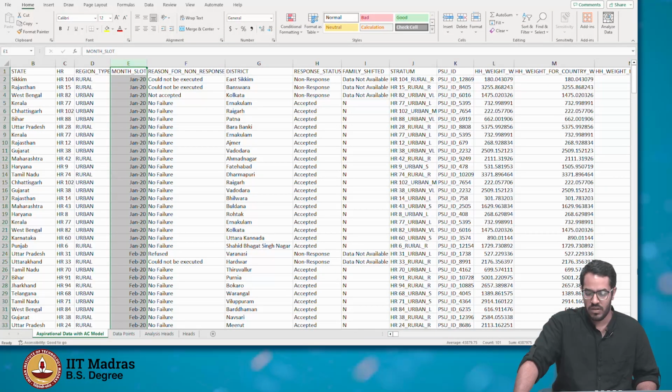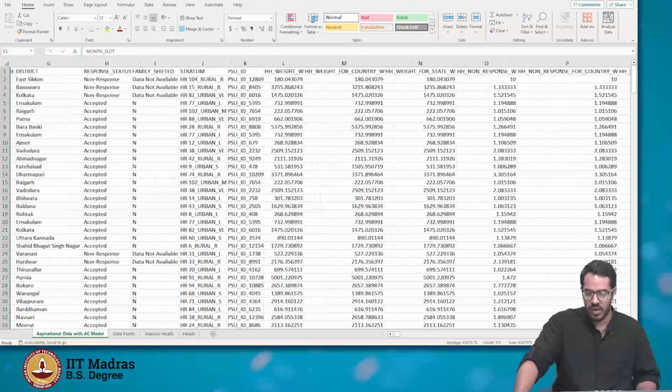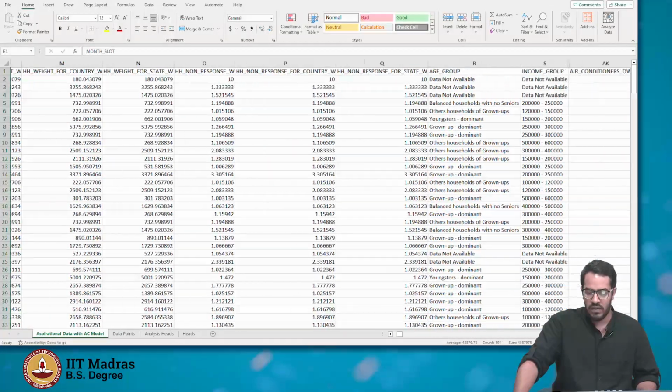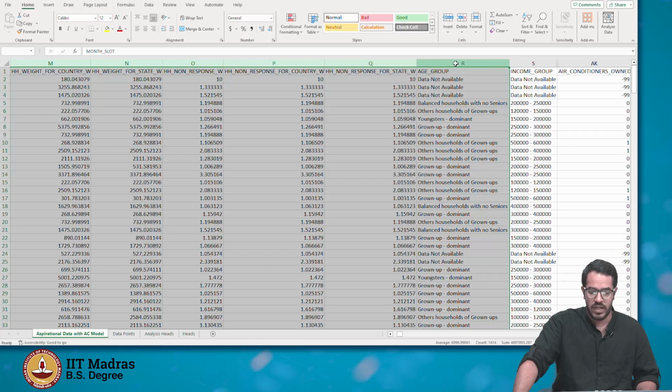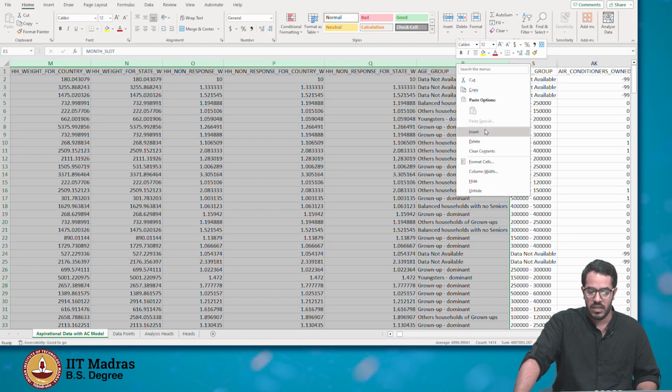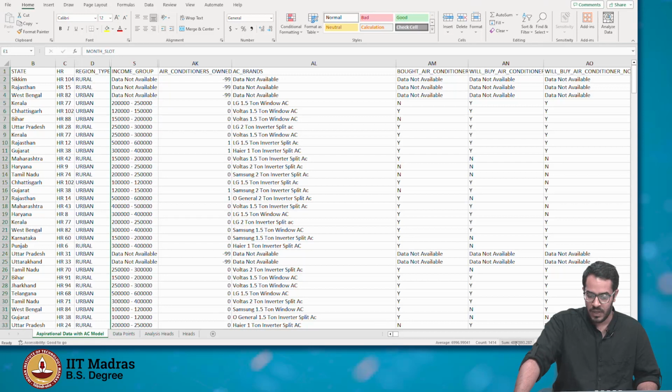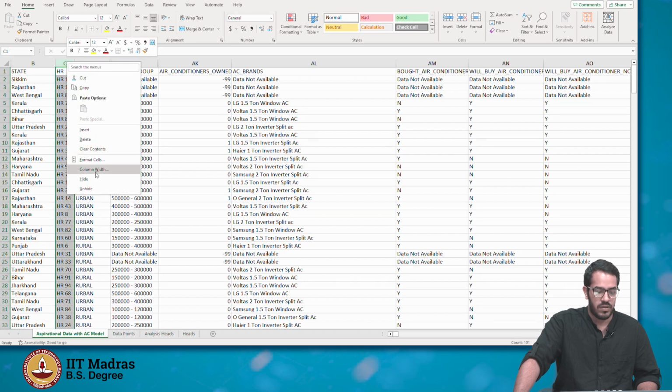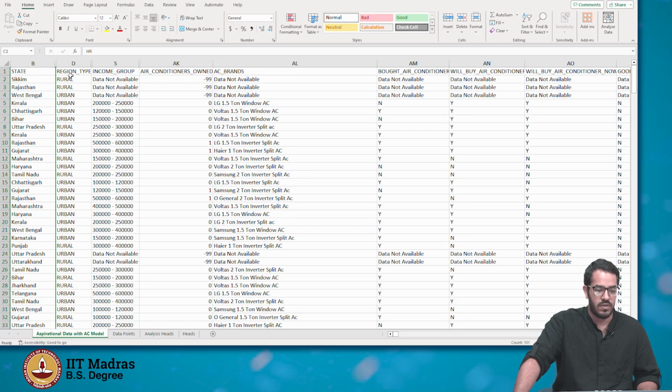So, just for the sake of a better lesson being recorded, I will also hide all the data points between their state and the data that comes before income group, because we don't really require all of that. So, right now what you can see on the screen is what state they belong to, their code, which we don't really require, so I'm going to hide this also. Whether they are in a rural area or an urban area, their income group, their air conditioners owned,